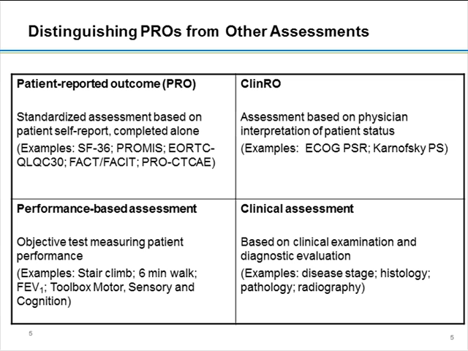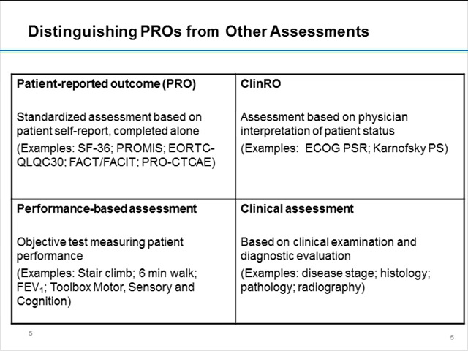In contrast, to the right are clinician-reported outcomes, and these are assessments that are based on physician or other provider interpretation of the patient's status. Typically used in oncology are the Eastern Cooperative Oncology Group Performance Status Rating, or ECOG-PSR, or the Karnofsky Performance Status Rating. In addition to these ratings of health done by patients and providers, PROs and ClinROs, there are performance-based